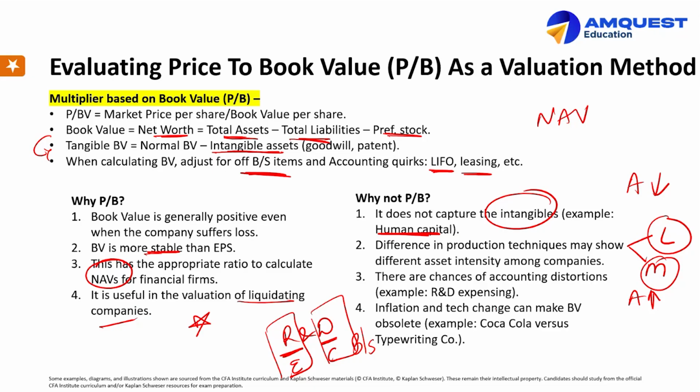इन्फ्लेशन एंड टेक चेंजेस कैन मेक बुक वैल्यू ऑब्सोलीट। ठीक है, सो कोको कोला, इसके बाद सीक्रेट फॉर्मूलाज हैं। टाइपराइटिंग, अचानक से नोबडी स्टार्टेड यूजिंग टाइपराइटर, तो अचानक से इसकी बुक वैल्यू बहुत ही गिर गई बिकॉज ऑब्सोलीट हो गई। ठीक है, एंड कोको कोला कैसे है कि इसकी जो सेल्स प्रोडक्ट है, प्रोडक्ट की एमआरपी है, वो इन्फ्लेशन से इंक्रीज होते रहती है।